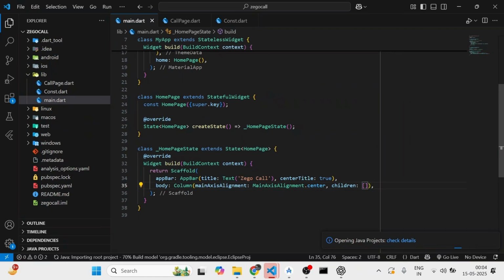Now in children, the UI will be basically one small text editing controller, and after the text editing controller there will be a small button. In the text editing controller, basically you will be putting in the call ID, and then you will be having an elevated button, which when you click on it, you will be redirected to your video calling application, and on the basis of the call ID you can connect to people if they have the same call ID. So here I will be using